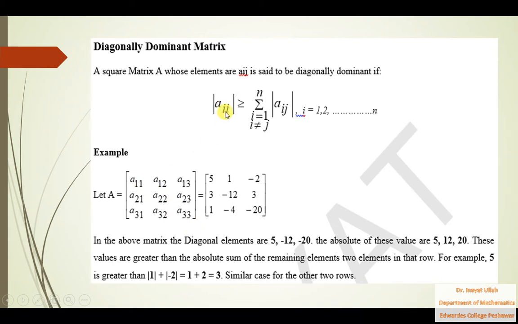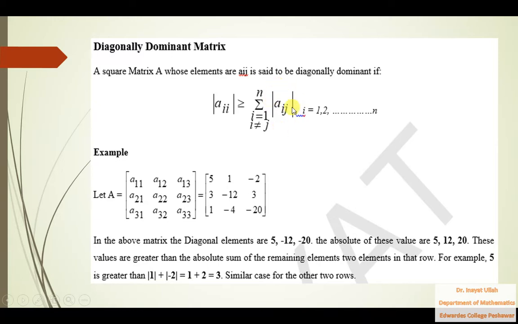So we represent the diagonal entries as Aii. So the absolute value of these diagonal elements is greater than or equal to the sum of the absolute values of the remaining entries, and